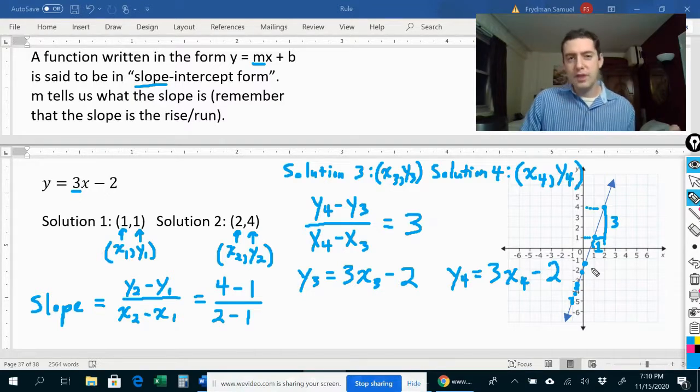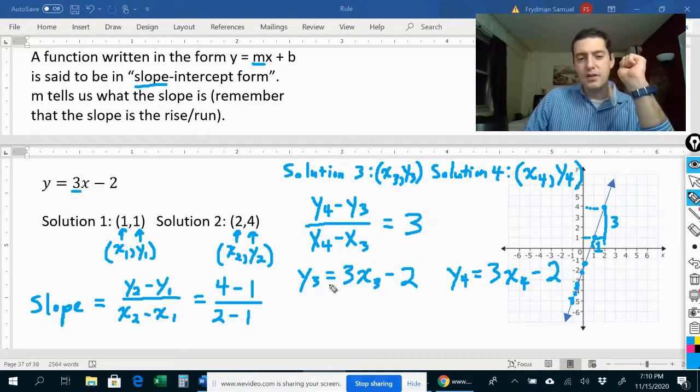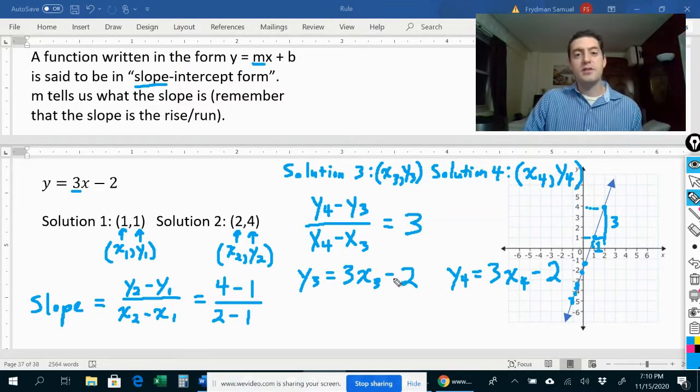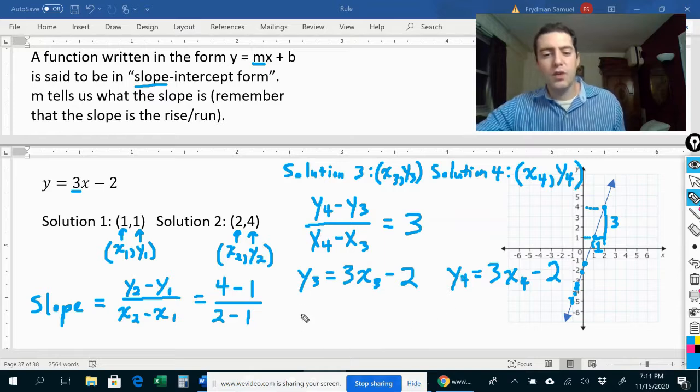Okay, and now here's the really clever part. What does the equal sign mean? The equal sign means that both sides are the same, right? It means that this side, even though it looks different, is really equal to this side. It has the same value. So now I think to myself, if this is really the same thing as this, and this is really the same thing as this, then if I take this one